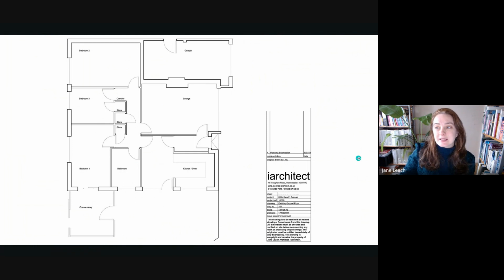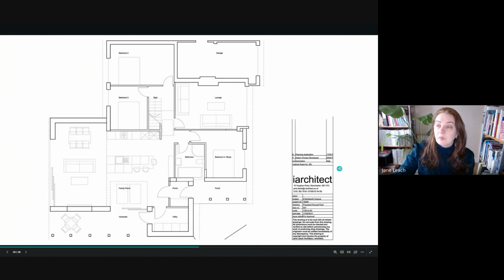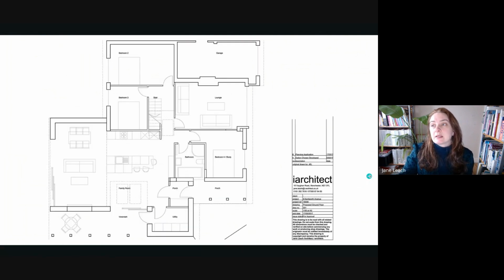So this was the existing ground floor plan. Again, it's got the scale here, 1 to 50 at A3, and I've shown the walls, windows, doors, very simple, but it's enough information. And this was the boundary fencing. And then this was the proposed design. And again,